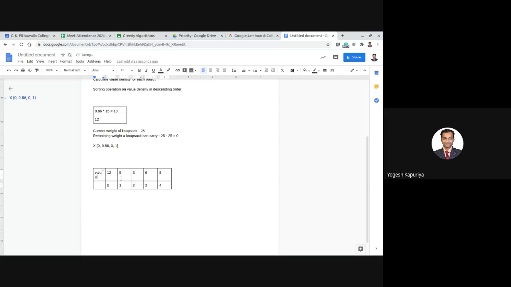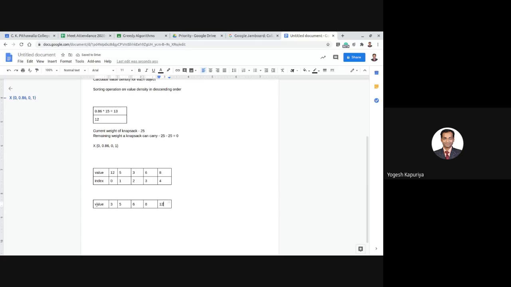So this is my value, this is index. Normally what happens when you sort something, what you do is you write something like this. So this becomes 3, 5, 6, 8, and 12.